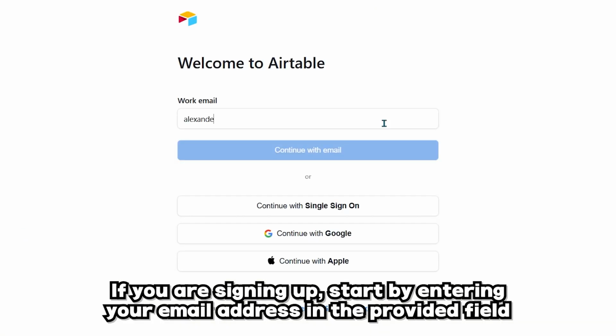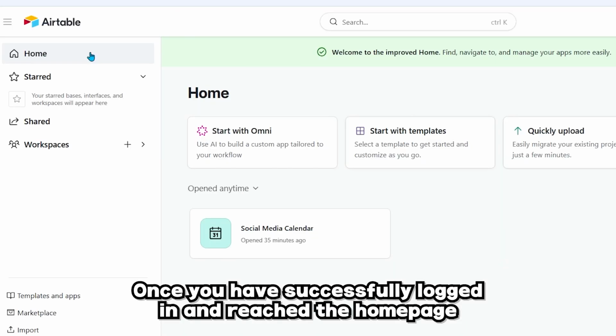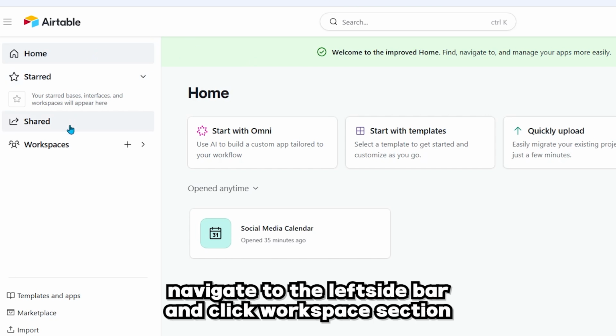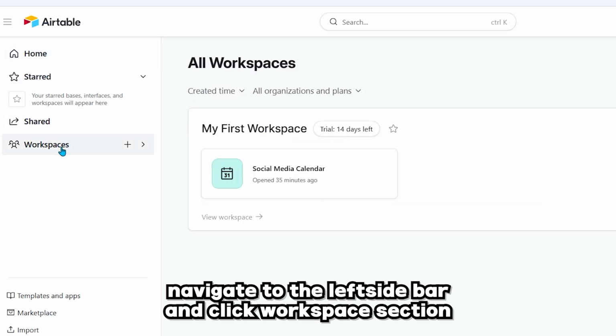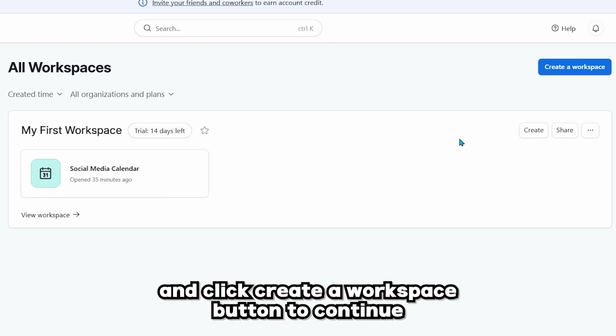If you are signing up, start by entering your email address in the provided field. Then, click the Continue with Email button to proceed. Once you have successfully logged in and reached the home page, navigate to the left sidebar and click Workspace section. Once you're in the Workspace page, go to the top right corner of the page and click Create a Workspace